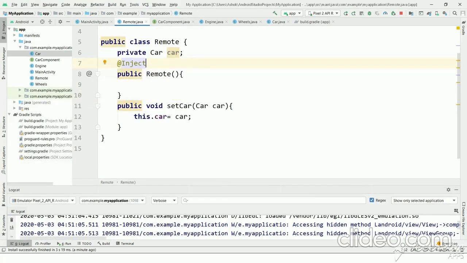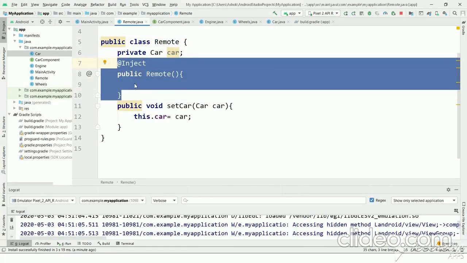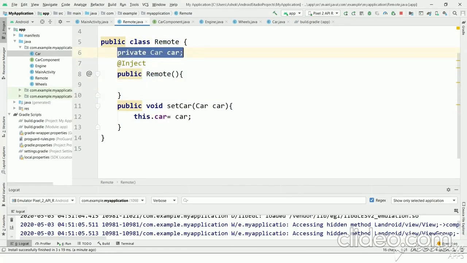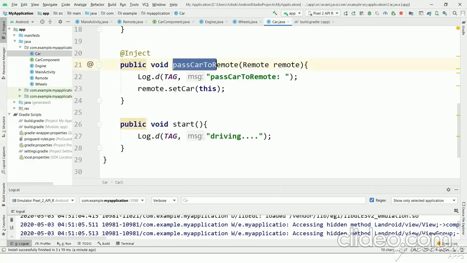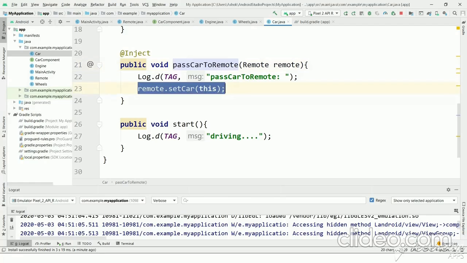We will recap what we have done. We have created a class remote with constructor with inject annotation, and we will have a car object and we are passing to set car. In car we have a method which will take remote object and pass this car object to that.